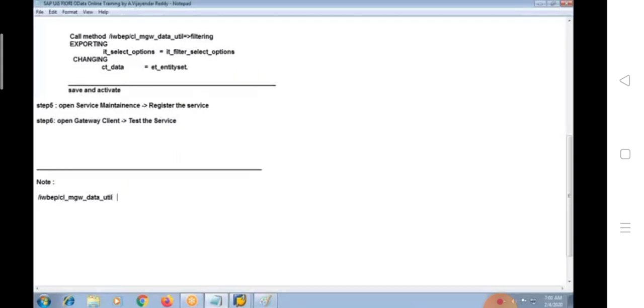So this is a standard class with a filtering method. This class can be used for filtering with select options and order by,